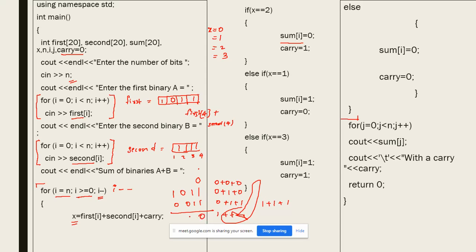Now it will create another array such that it will also have 4 elements, and this number will be stored here because i starts from n.